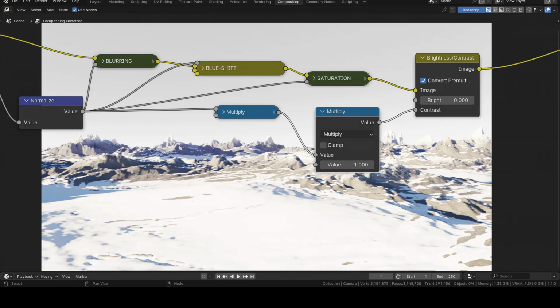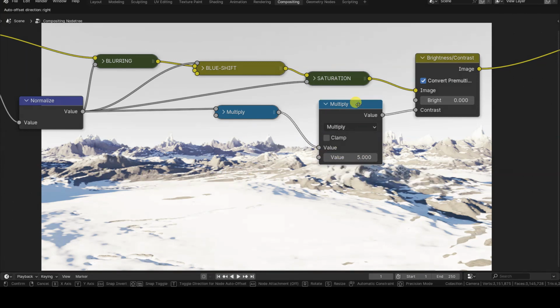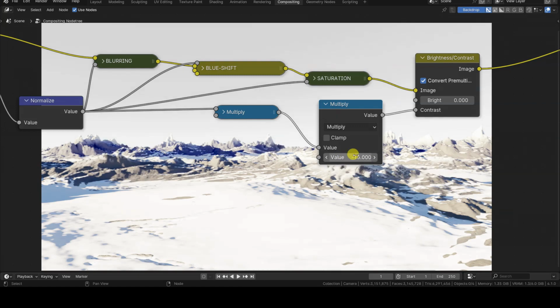To gain more control over this operation, let's insert a second math multiply node, placing it between the first multiply node and the contrast input. In this case, we should remember to use a positive value for the second value field. This node will multiply its second value, which we can specify as desired, by the distance mask. As a result, we will obtain a contrast value ranging from 0 to a negative value as desired.